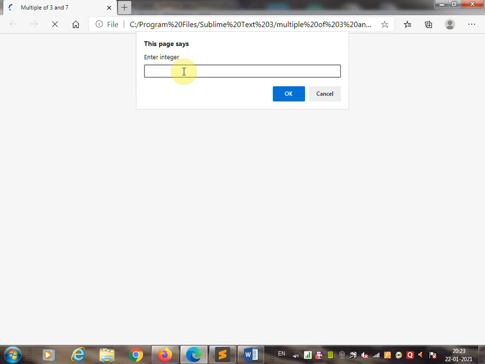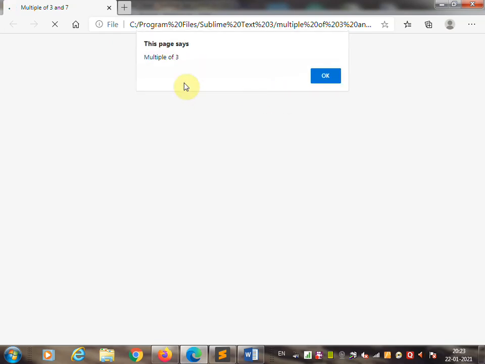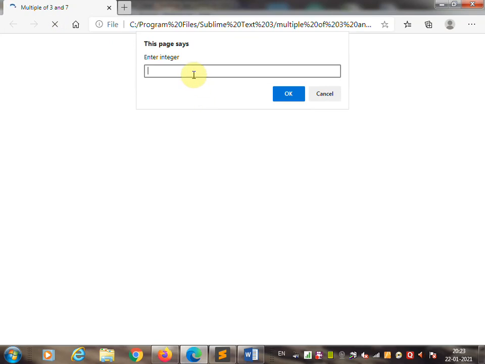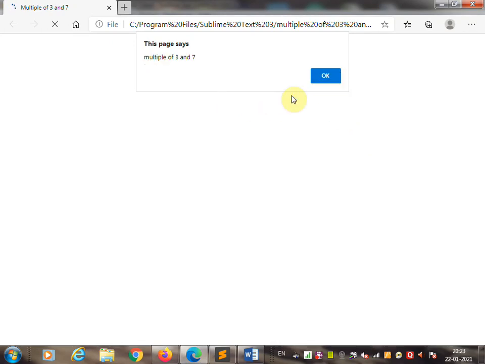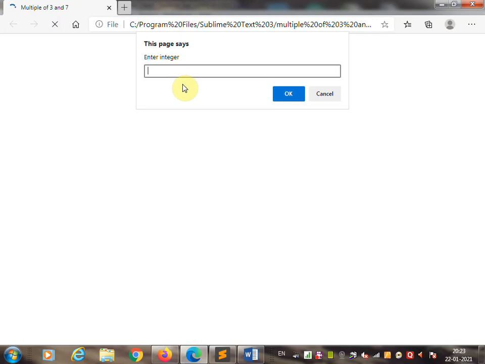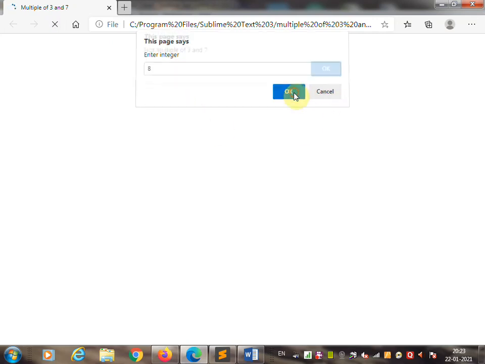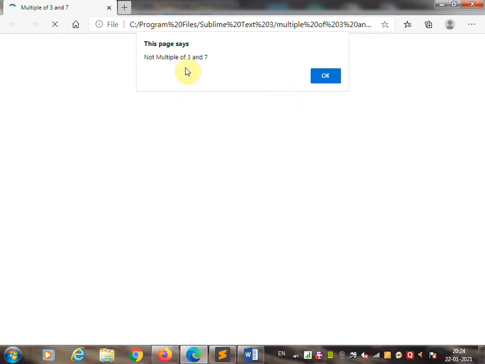So let's enter the number 6, click OK: multiple of 3. Once again we'll refresh and check any other number, 21: multiple of 3 and 7. Once again we'll refresh and enter the number 8: not multiple of 3 and 7.